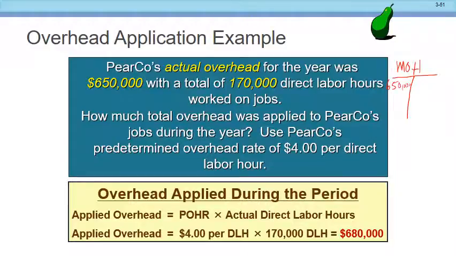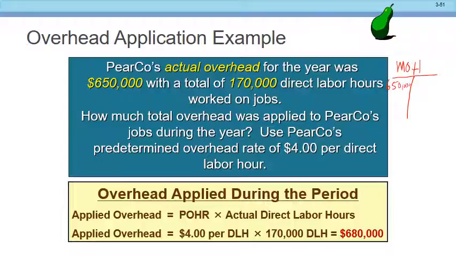Okay, so that's the debit for the actuals, right? And the credits would have been to what? My utilities payable, my accumulated depreciation, my credit to wages payable for indirect labor, my credit to raw materials for indirect materials, right? Okay, and now I have the debit, 650,000 here,